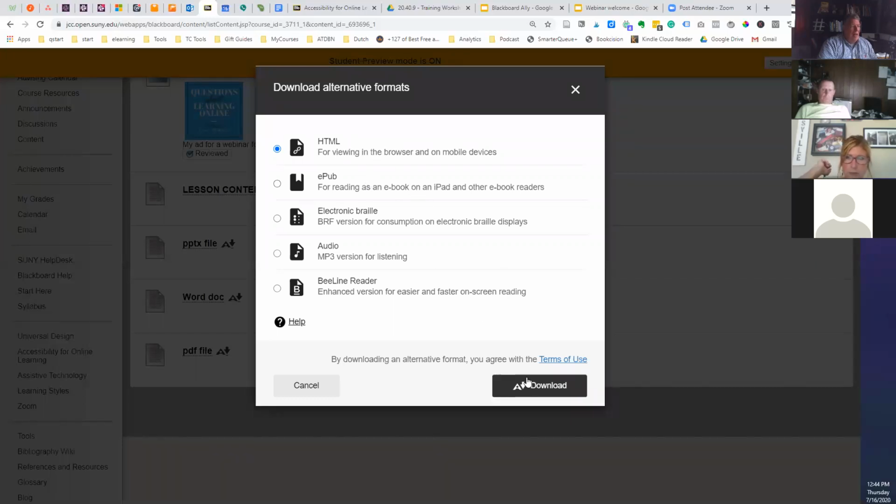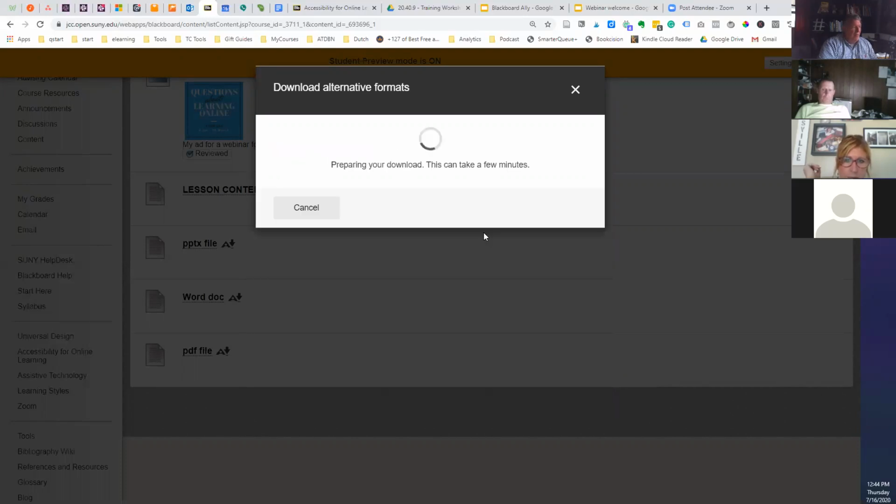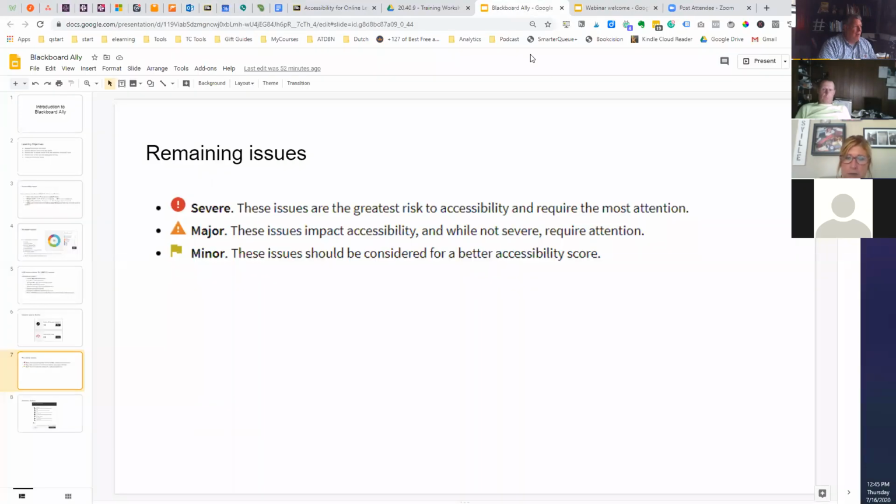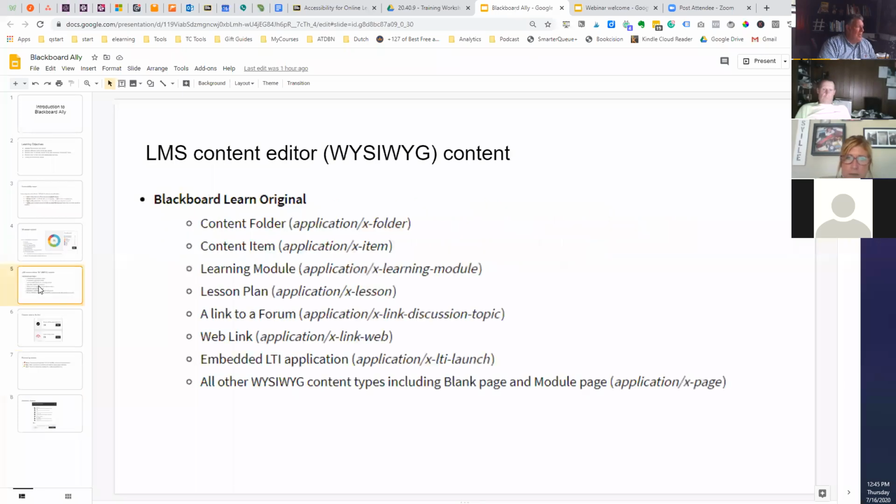So I could look at that as an HTML, in my browser. Let me see if I can get that. That's maybe a big document, so that was probably a mistake. Well, while that's running in the background, some of these